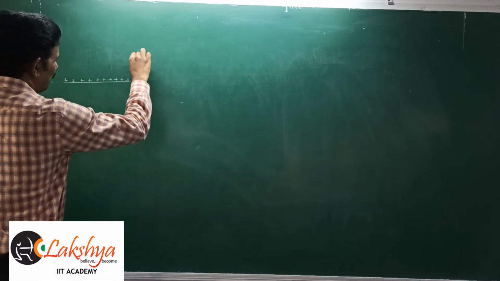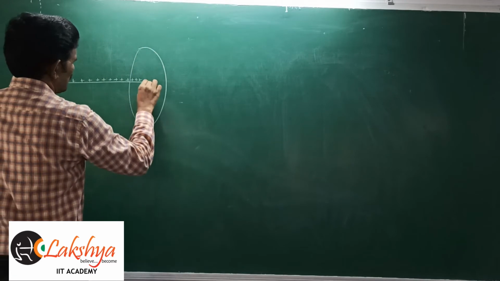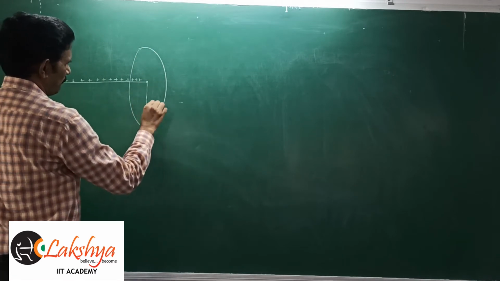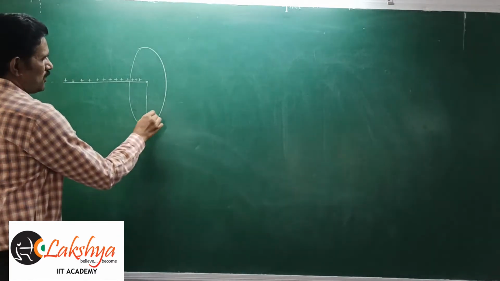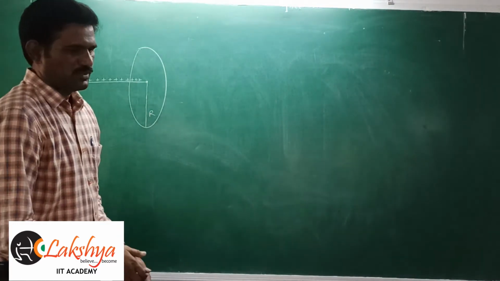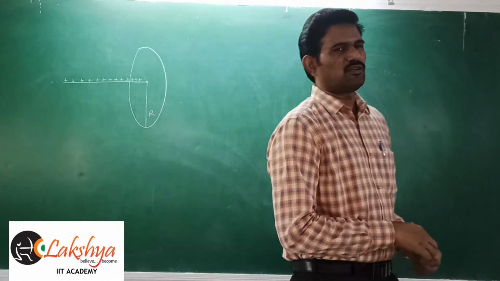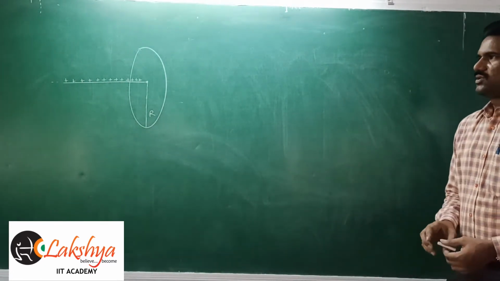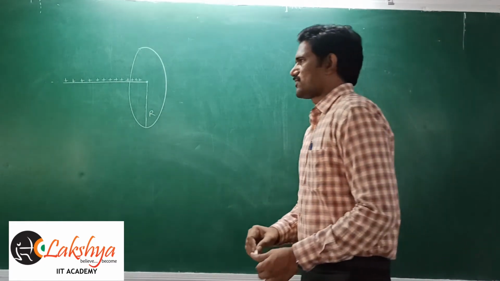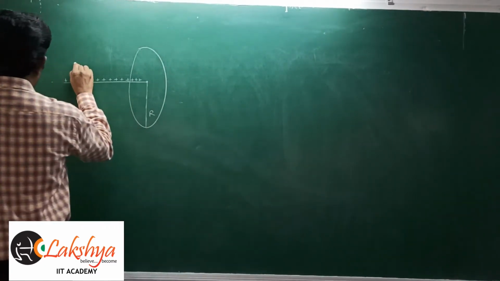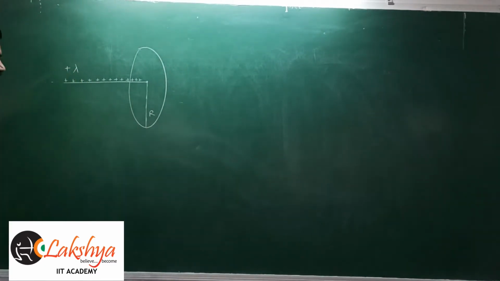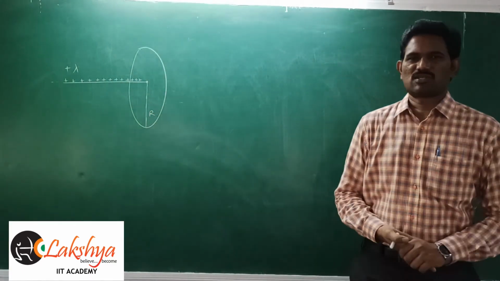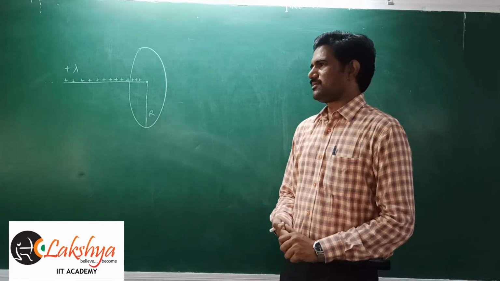Let us consider it semi-infinite, placed along the axis of a circular ring of radius r. Now we need to calculate the flux passing through that circular ring. So write it as a problem: a semi-infinite line of charge having linear charge density lambda